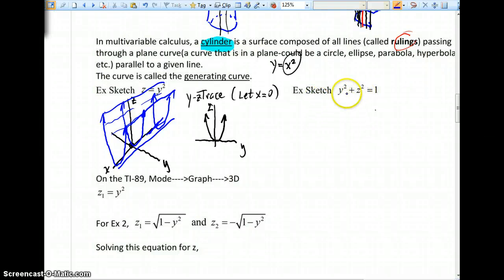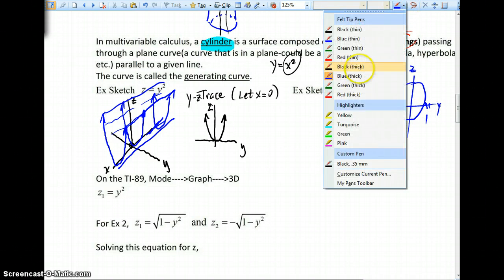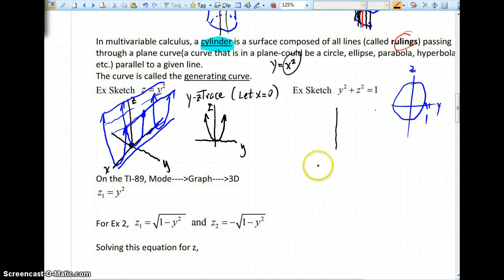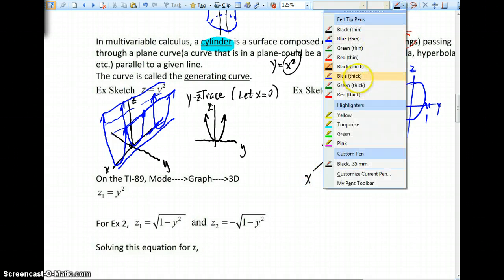Quickly, let's look at y squared plus z squared equals 1. Very quickly, kids can say, well, my goodness, this looks like we're in a z-y axis like before. There's no x-axis to speak of. I guess this is the equation of a circle with a radius of 1. And very quickly, kids would say, well, wait a minute, if this is really the equation of a circle with a radius of 1, how about we just go ahead and make some circles,